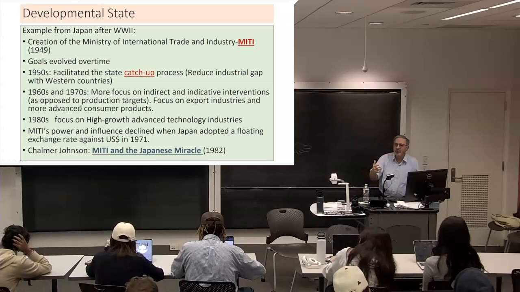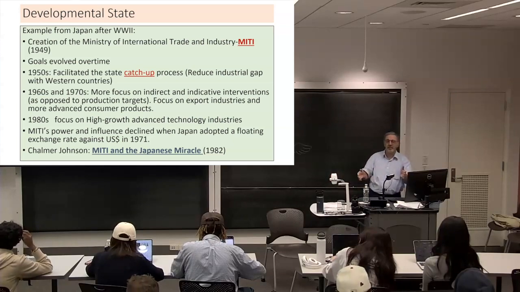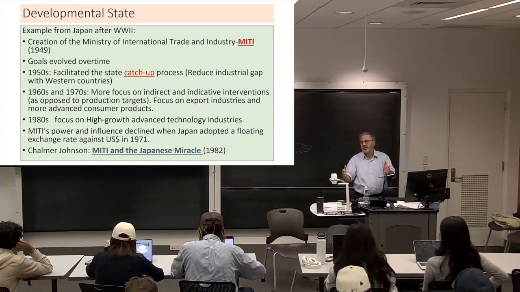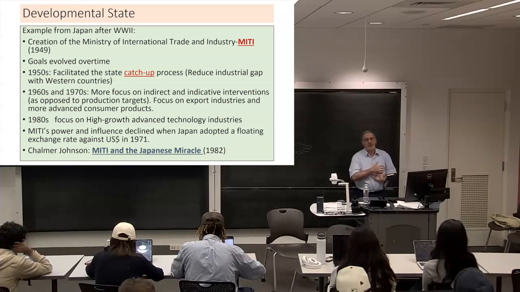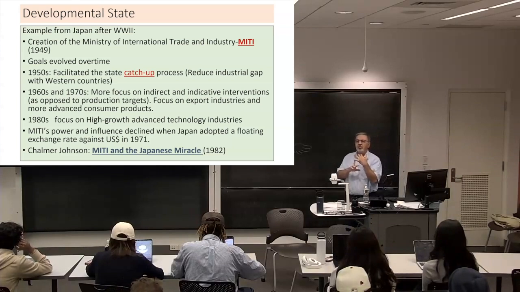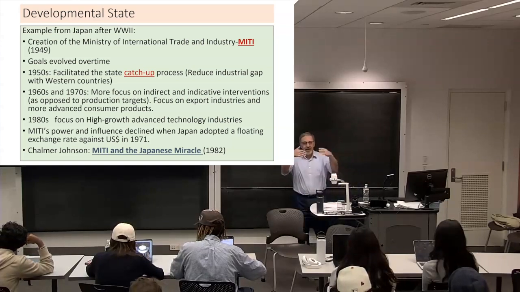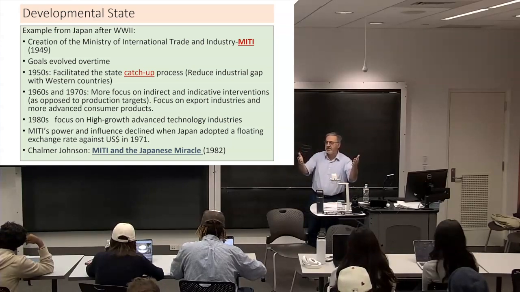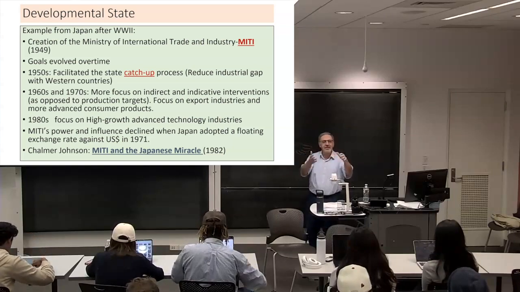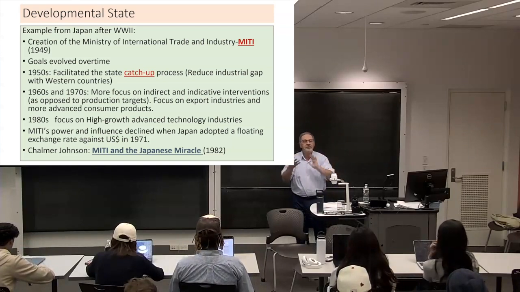As those industries matured and became more competitive, the government tried to change its role into indirect leadership and allow those corporations to take more initiative on their own. And what are we talking about when we talk about these corporations? We're talking about Mitsubishi, Honda, Toyota. All of these, if you read about them or ask your not parents but grandparents, initially as they started exporting products to the United States and Europe, the quality was not that good.